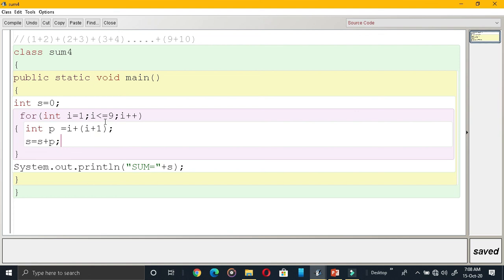Now again, the loop value will increase, condition is correct, and coming over here. Again this process will take place. I is equal to I plus 1. That means I is 3 now. 3, then 3 plus 1, 4. That will be added. And that again, that will be added to our sum variable. P will be added to our sum variable. Keep on adding this, at last you will get the answer printed. See, 99. Okay, this is the way of adding up the sum of numbers and printing series.